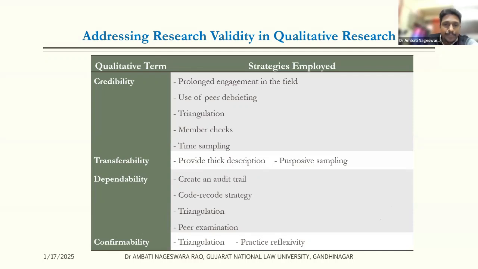I always feel that sometimes, of course, experts always give you the right suggestions, right inputs. It's also better to discuss your findings about your research from a layman point of view. As a layman, how am I able to convince this particular person about my research work? What was my journey of qualitative research? What kind of insights am I getting? As a layman, what are the questions they're going to ask? If you are able to convince the layman, your research is going to be the best research.